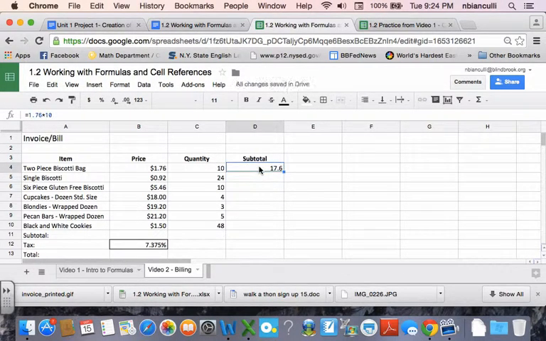And that gives me 17.6, which we really know, by the way, is $17.60. So I'm actually going to highlight this row, put in a dollar sign. Now it'll format it as money. Now, this is fine, but I would have to go through each individual row and column here. I would have to do 0.92 times 24. Whoops. Equals